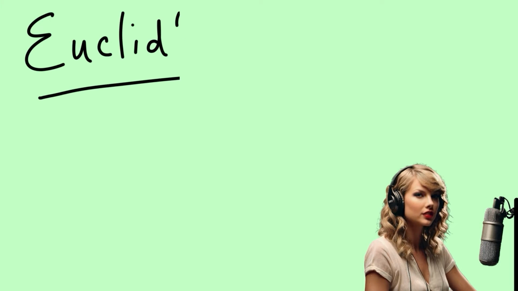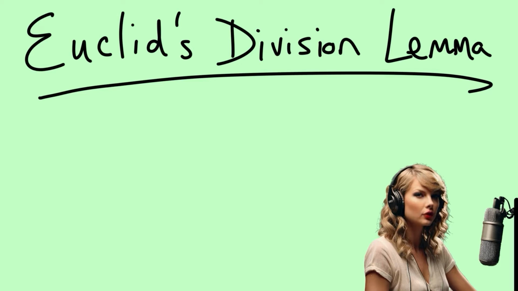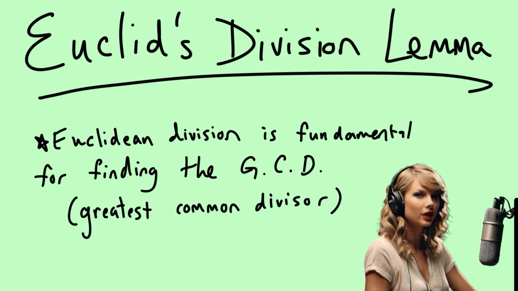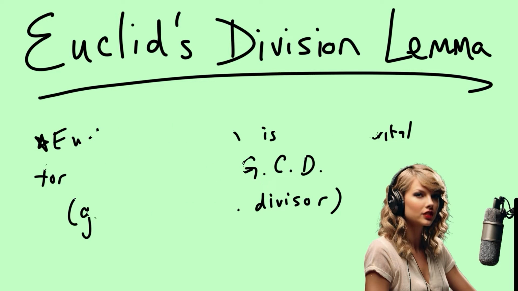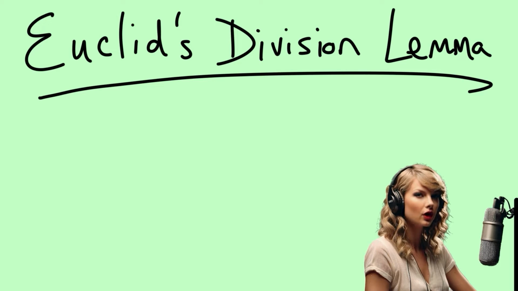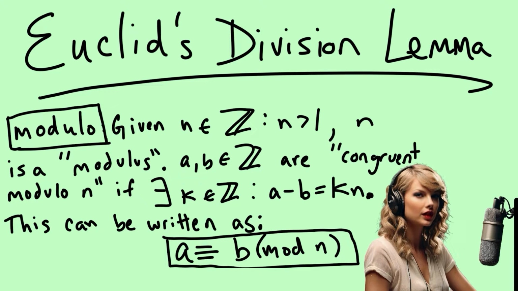Hey y'all, welcome back. Today we are going to talk about Euclidean division and prove Euclid's division lemma. Euclidean division and algorithms to compute it are fundamental for many questions concerning integers, such as the Euclidean algorithm for finding the greatest common divisor of two integers. The operation consisting of computing only the remainder is called the modulo operation and is used often in both mathematics